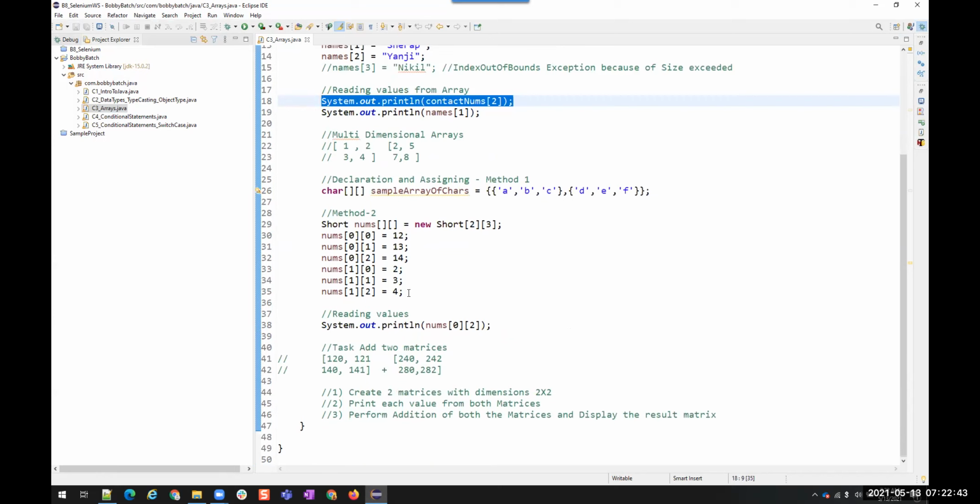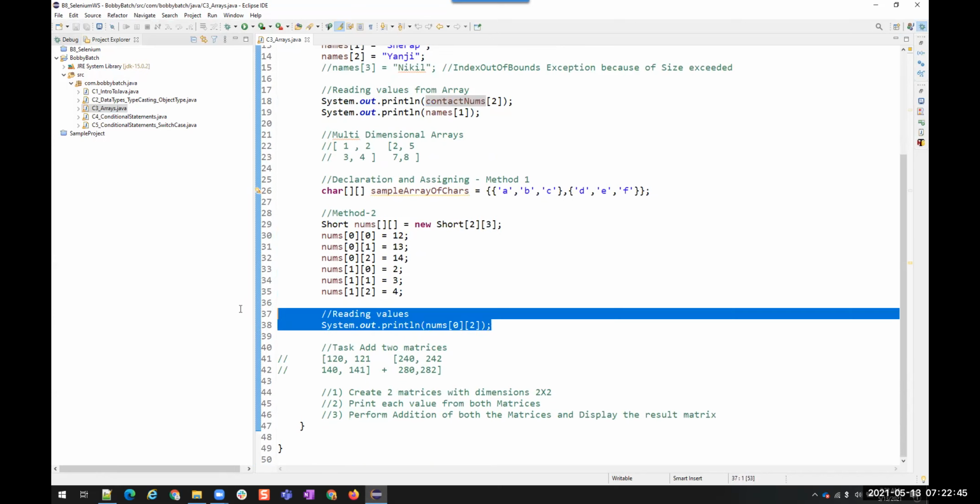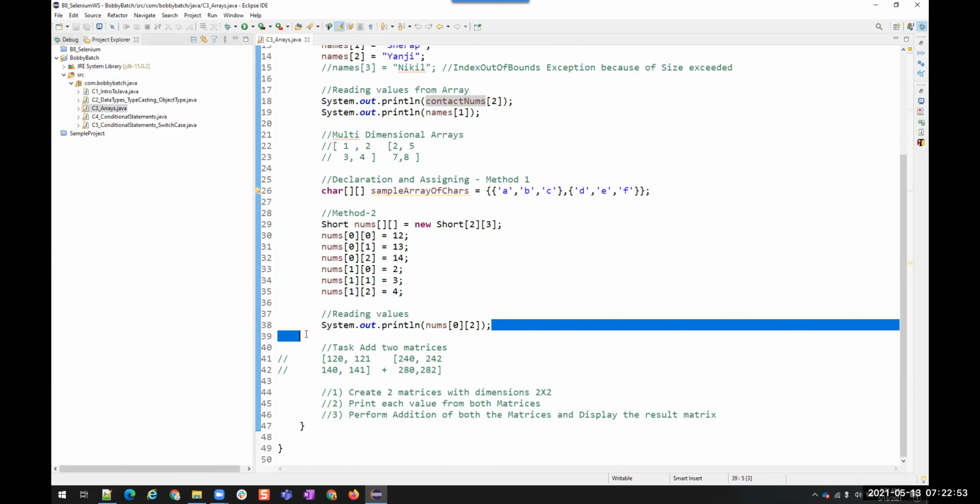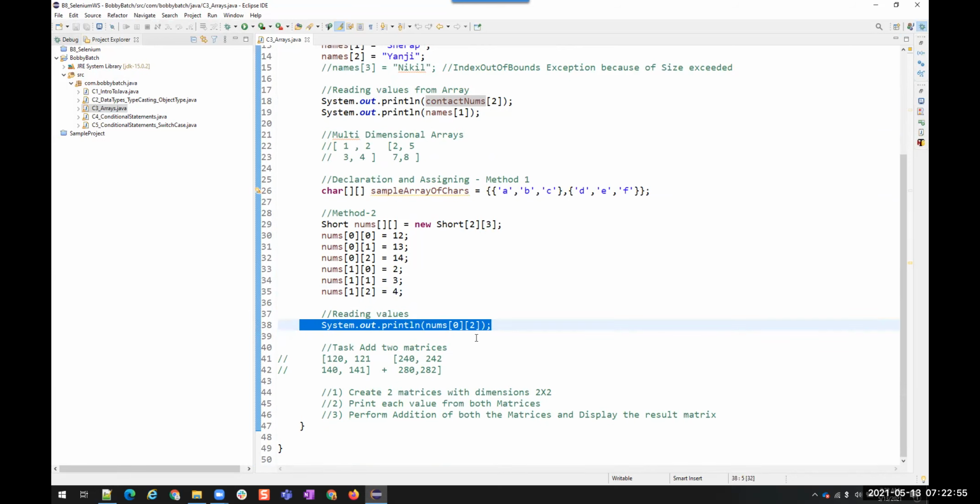Here also it's the same, right? I printed only one value, but if I want to read all the values from this numbers array, then I have to write this SISO statement 6 times with changing index positions. So that is nothing but repeating. We are doing the same activity again and again.